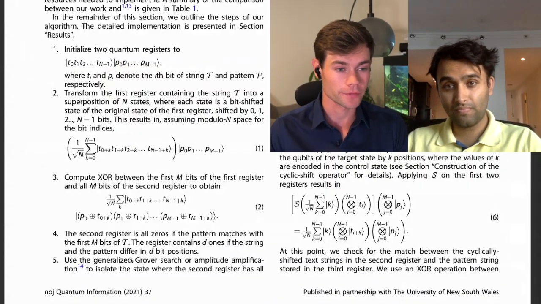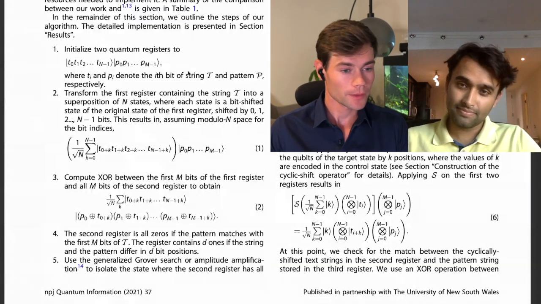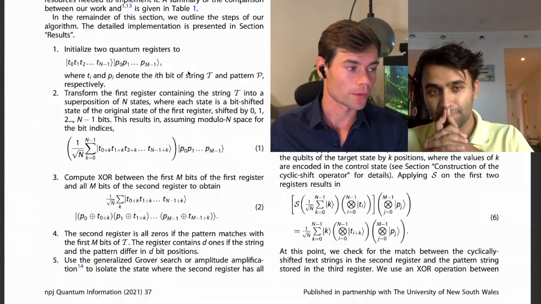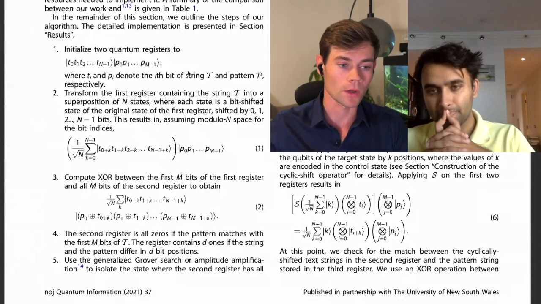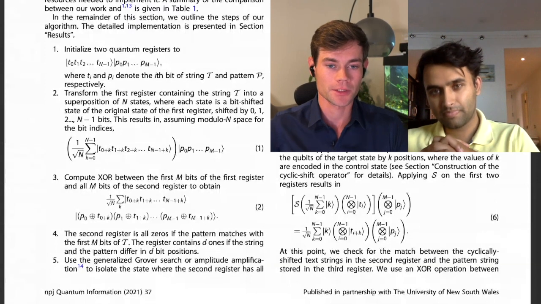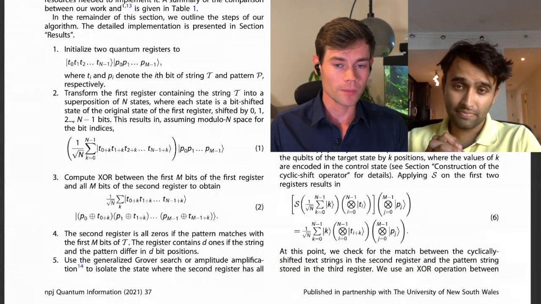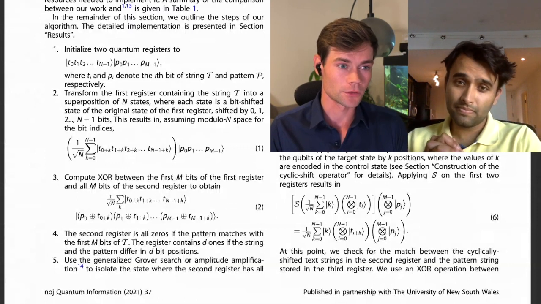Okay, so let's transition to looking at the actual algorithm. I'm sharing on my screen now the five high-level steps associated with the algorithm here. If we start with the preparation, how we prepare the problem for actual manipulation, you mentioned that you would initialize two quantum registers, and maybe we start there with how you would actually do that in practice.